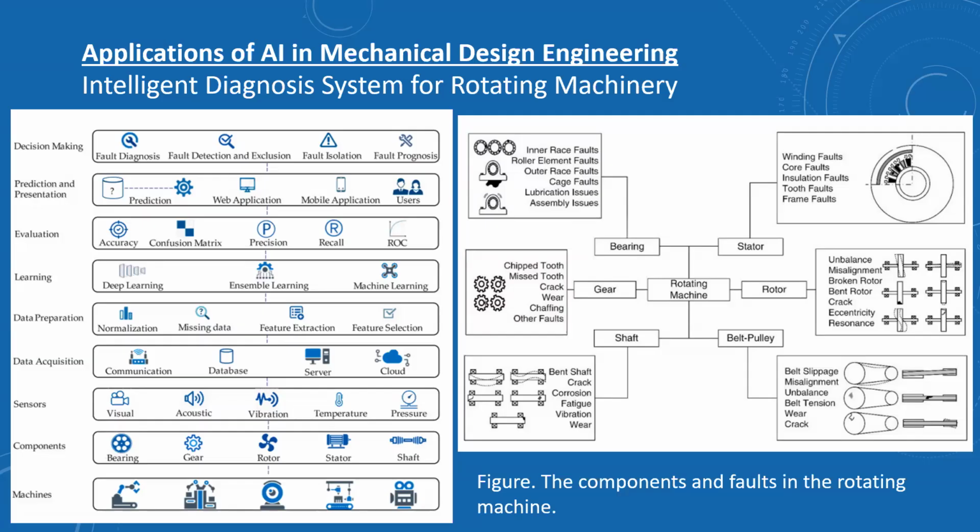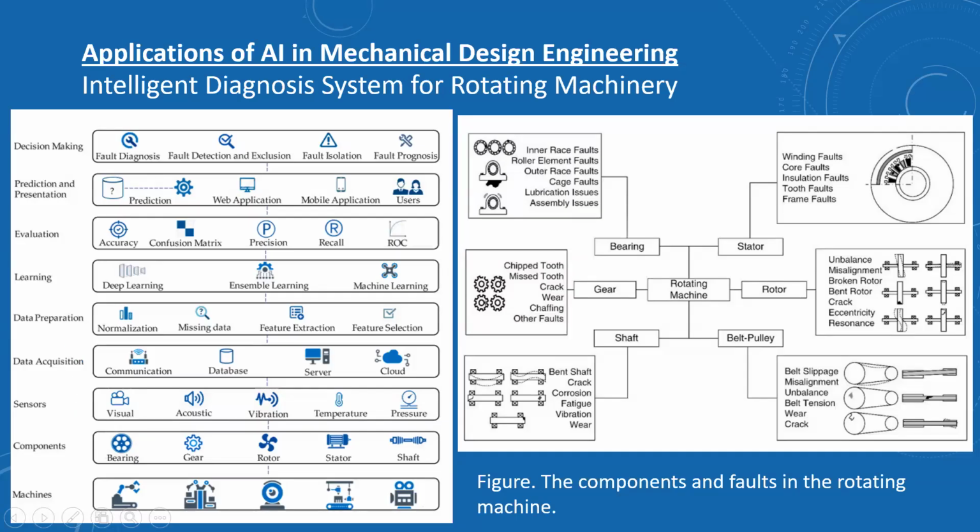So therefore, these are a few components we can focus on, and based on that we can find out the different kinds of predictions. Then this is again the process that we are going to follow. All of you are aware of this particular process. First is decision making, then prediction and presentation, then evaluation, then learning, data presentation, data acquisition, and